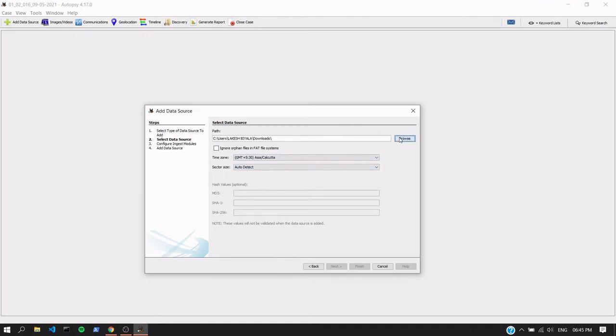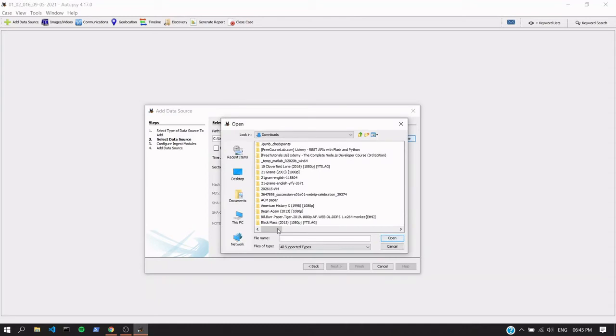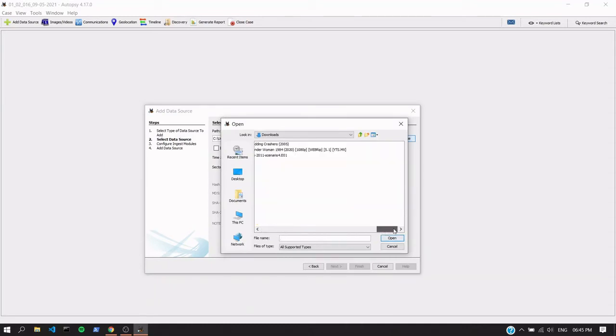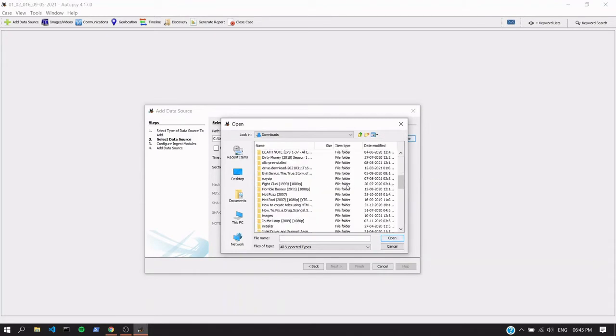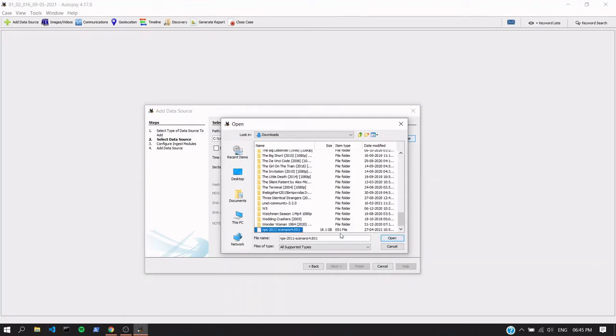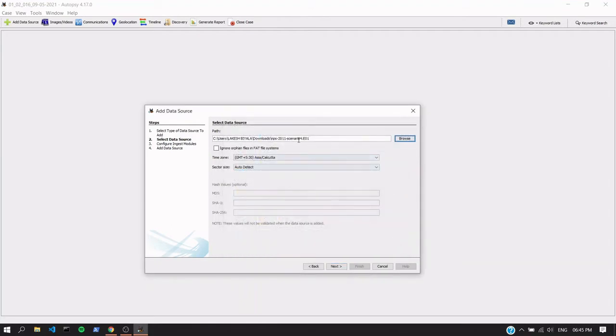I'm choosing the image of the disk. Here is the image of a certain disk that was downloaded from the internet. You can download it too.